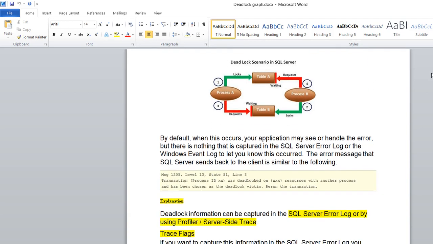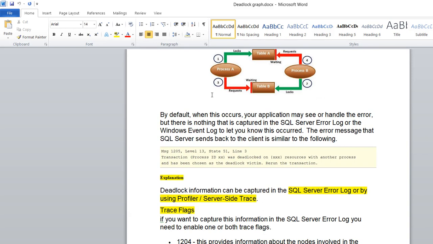right? So if you come down, normally when a deadlock occurs, you will not get any logs in the SQL Server error logs, or the Windows event logs. It will not write any logs. The application user will get an error like this. If you focus on this error message, they will get the error for the deadlock, and they will reach out to you if the deadlock lasts a longer time.